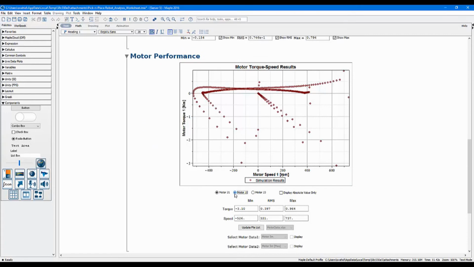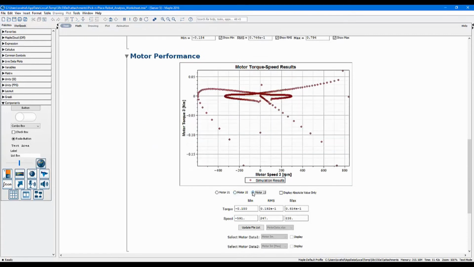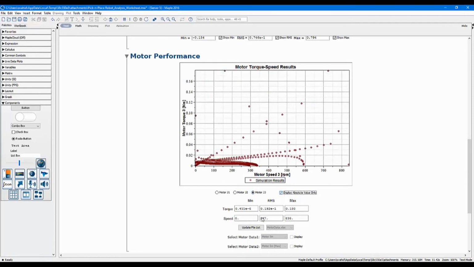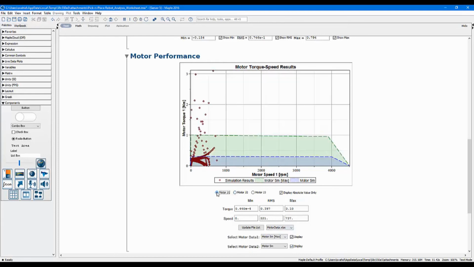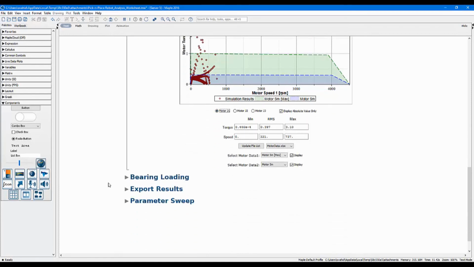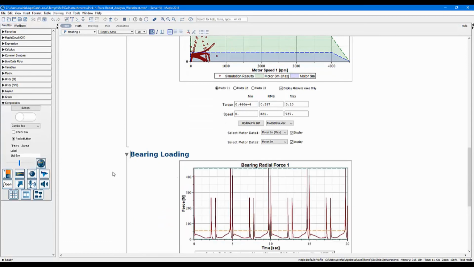For motor performance, we have speed and torque plotted together to see the envelope of operation of each of the 3 motors in this example, and also using Maple to superimpose the plots of the actual usage versus the electric motor characteristics. Quickly here we see that by doing this type of analysis, we can select a motor, whether a particular motor from a catalog or a manufacturer would fit a particular usage for a particular path